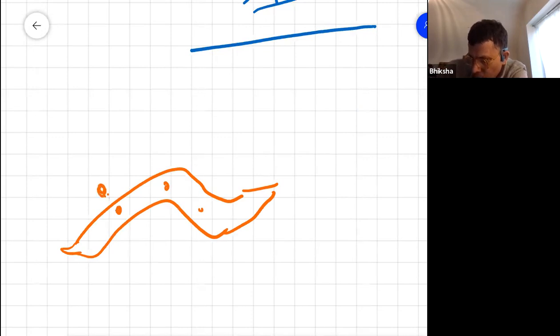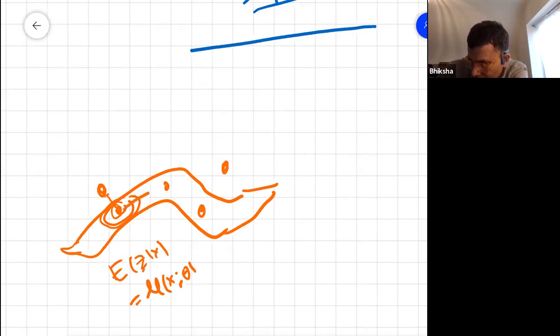So if I'm given two faces, and I find the center of the distribution of Z, the expected value of Z given X, which is mu of X and phi, for each of the two faces, then as I vary Z, I'm basically going to be traveling along this manifold. We know this, right?